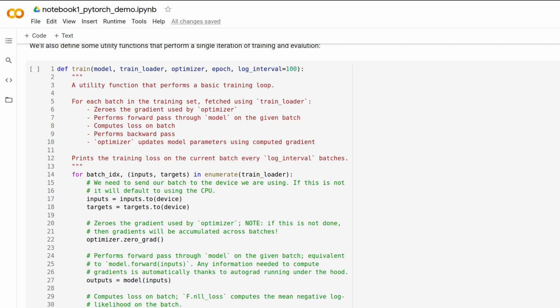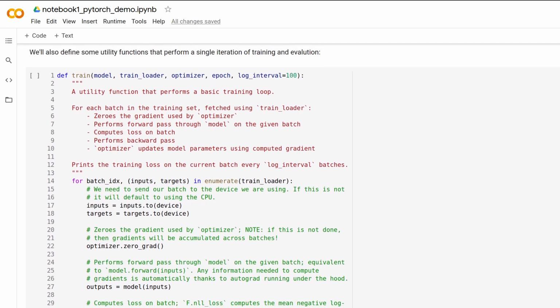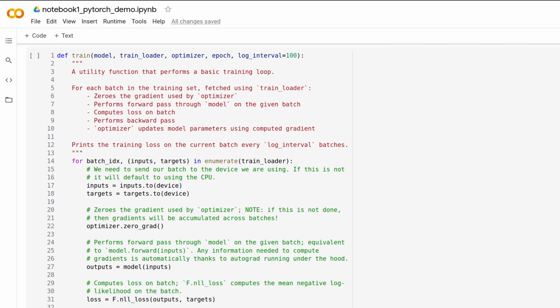Now moving on, I've defined this utility function here to capture what we want to achieve in a single epoch of training. What do I mean by a single epoch? I mean we want to fetch batches of some data set, and we want to essentially get predictions, compute losses, get gradients, and update parameters for all of those batches. Once we've exhausted all the data in the data set, by stepping through all the batches, we say that's one